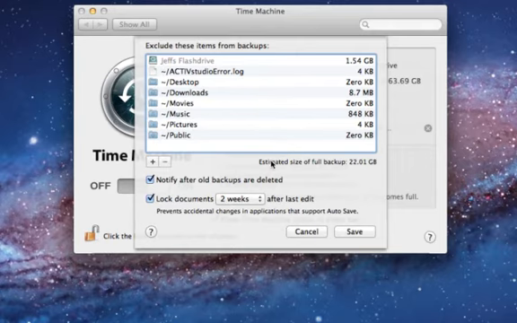Okay. Then it tells me my estimated size of full backup is 22 gigabytes. If that's what I want, to get rid of these items, and I don't want these items to be backed up in this Time Machine backup, I would click the plus sign and add them to this list to be excluded. Once I'm done with that, I would click the Save button,